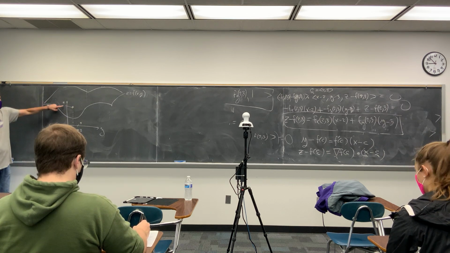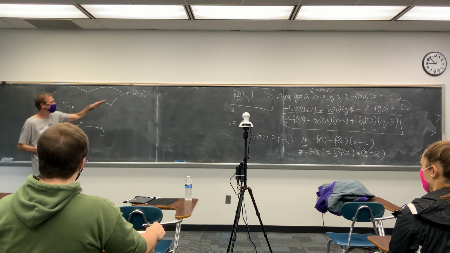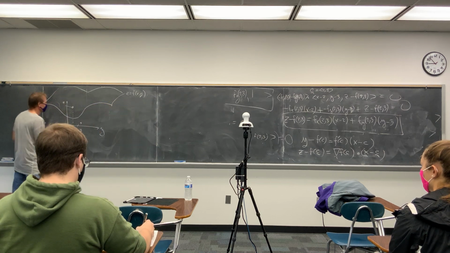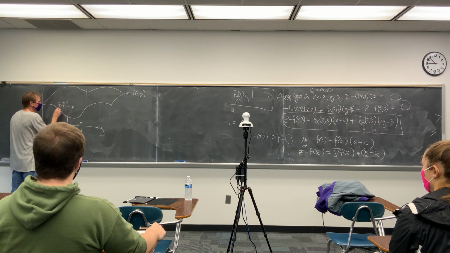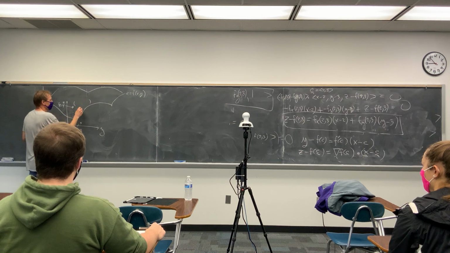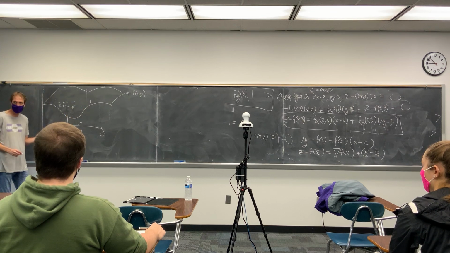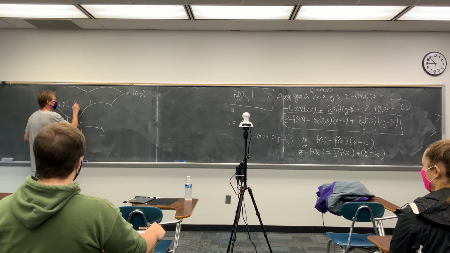Okay, what's the z coordinate of that point? f of 2, 3. We just plug it into our function. We plug x is 2 and y is 3 in, and we get f of 2, 3. And then what are the coordinates of the point actually on the space sheet? You go down the x-axis, 2, you go over on the y-axis, 3, and then you go up, f of 2, 3. So that would be my